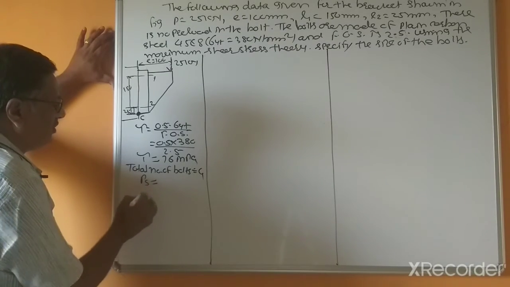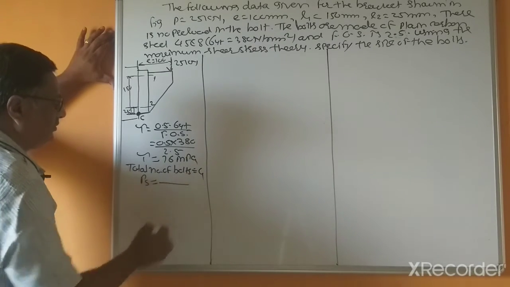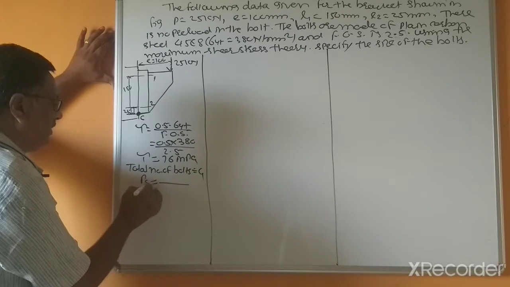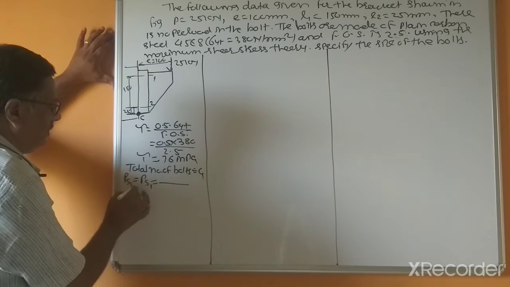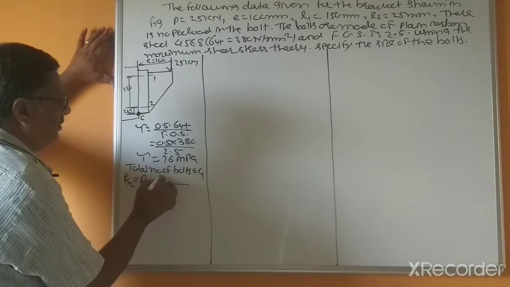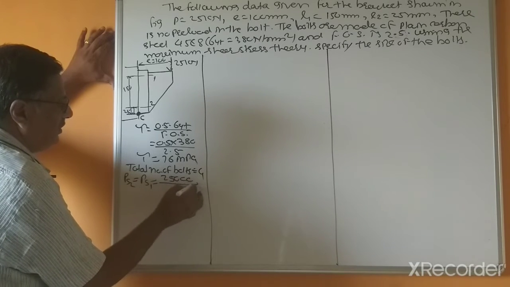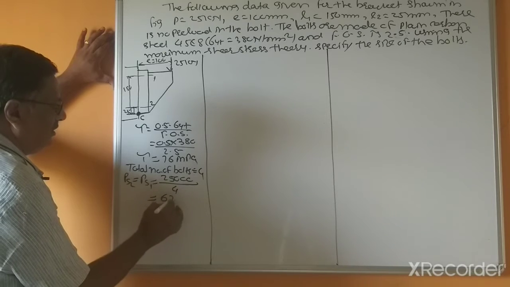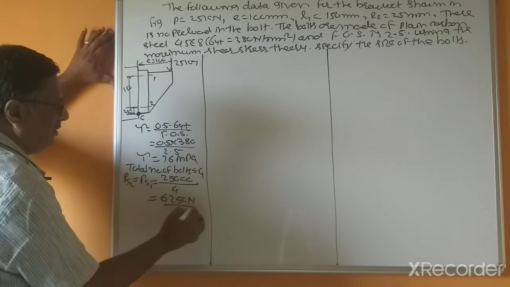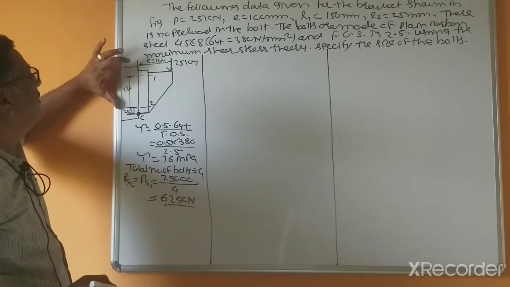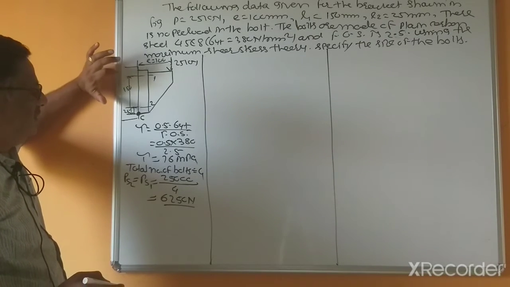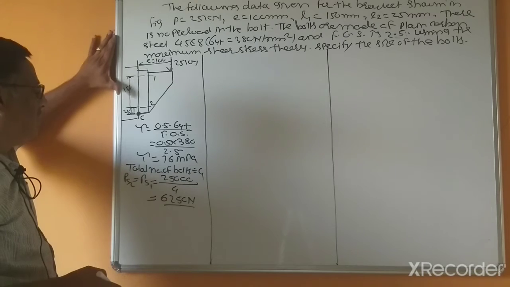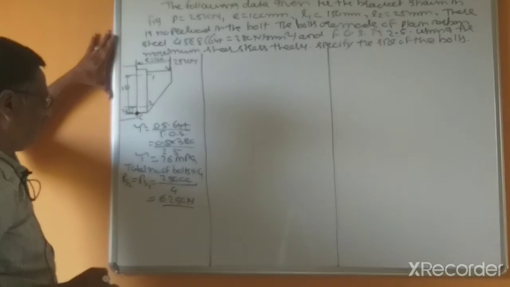So that's why primary shear force PS1 equal to PS2 equal to, again this is 25 divided by 4. Only what is the change? This distance changes and this distance changes, and according to the maximum shear stress theory.